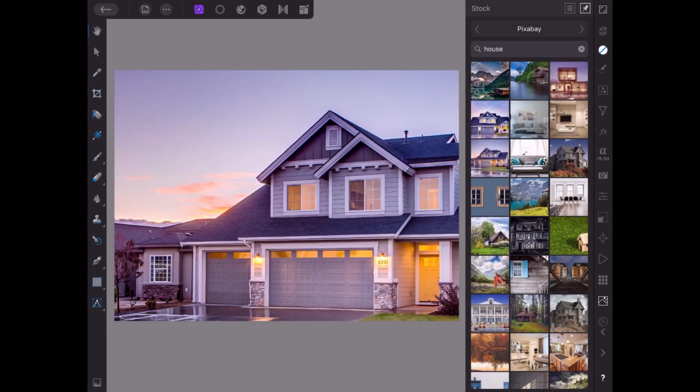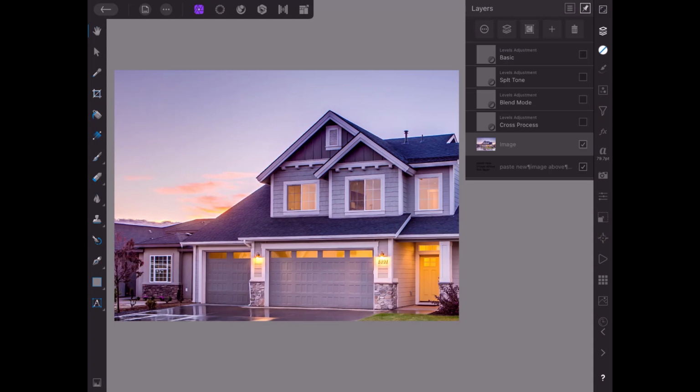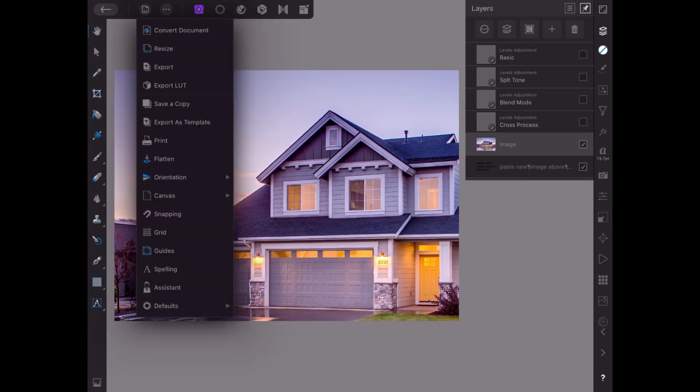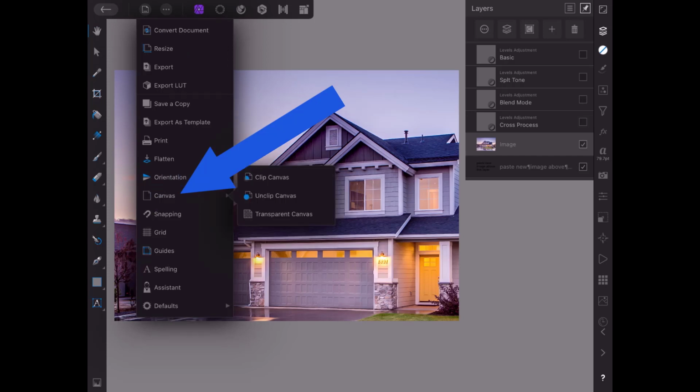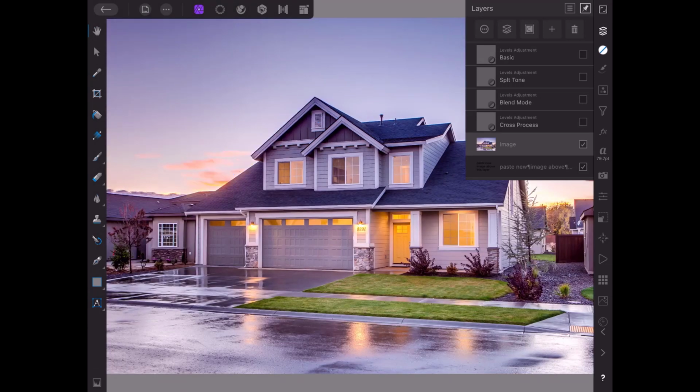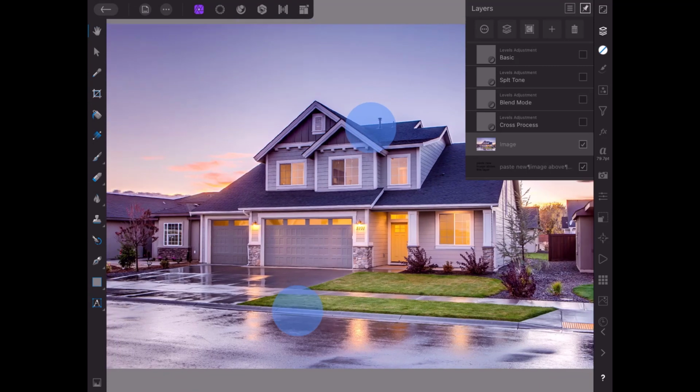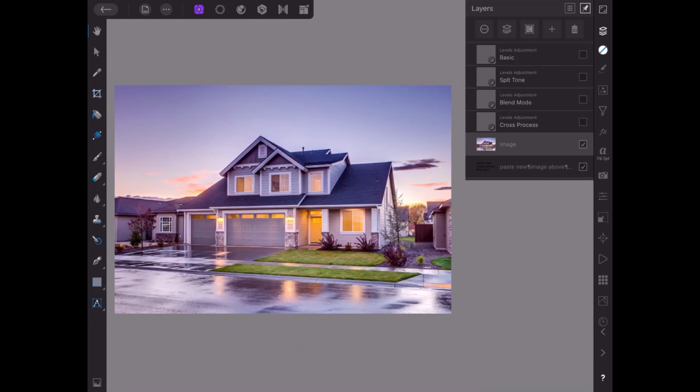And then we come back to the layers menu. Now obviously this image is much larger than the document size, so all I need to do is use the document menu, and then where it says canvas, clip to canvas, this will now make the canvas size the size that the image was, and then I can just turn on one of these adjustments and see which one works well with the particular image, because different ones will work better or worse depending on